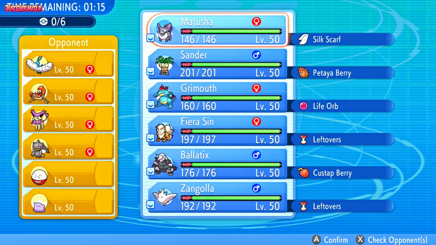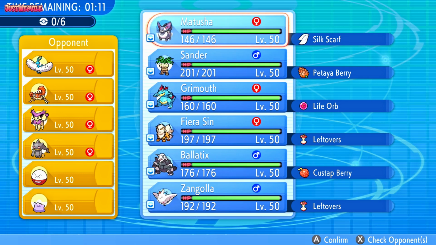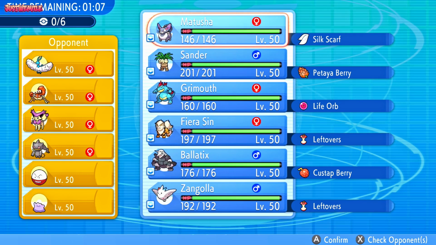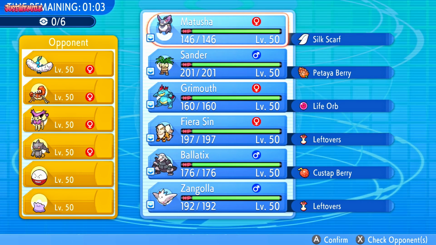Today we're going against this person, Jake. They reside in the room 2022-2021. You should definitely use that code for casual 6v6 battles. Let me know who you think is going to win based on the team you see on screen right now,